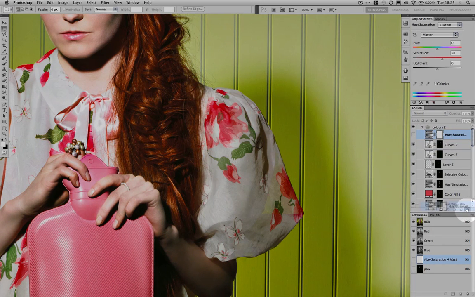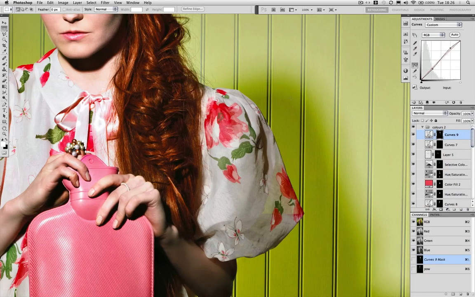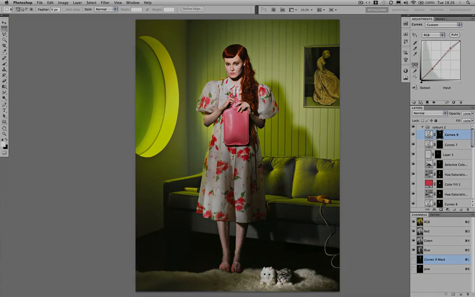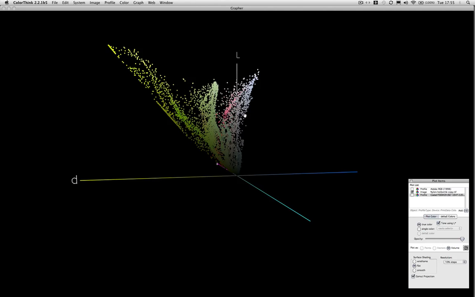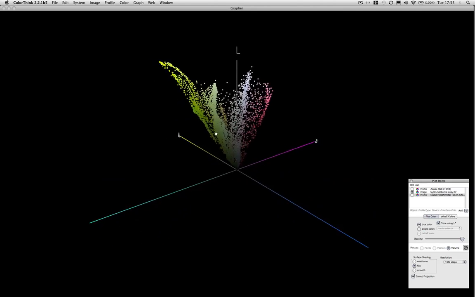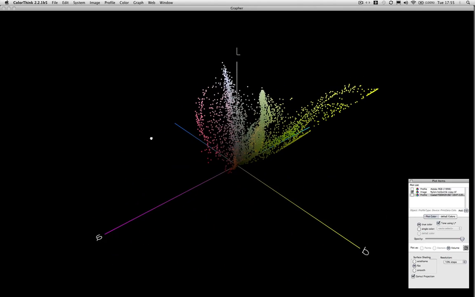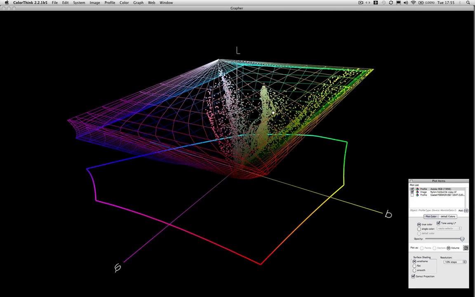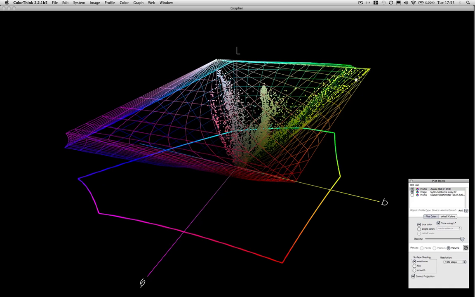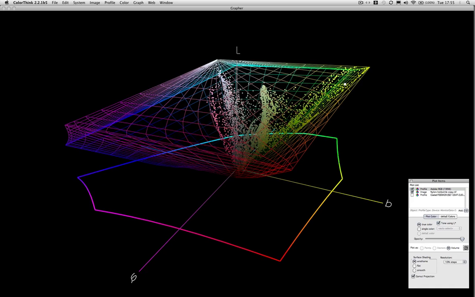Now I'm going to do a very geeky thing, and I'm going to show you this image plotted into ColorThink. So here you have a very abstract version of the image, the colours of the image. Let's just take that for a little bit of a spin around. So you can see the pinks and the greens going into yellow. Turning on the wireframe of the RGB, you can see that it fits very nicely and neatly into this, and it actually goes out right to the edges of the gamut, and that's what's causing us a tiny bit of